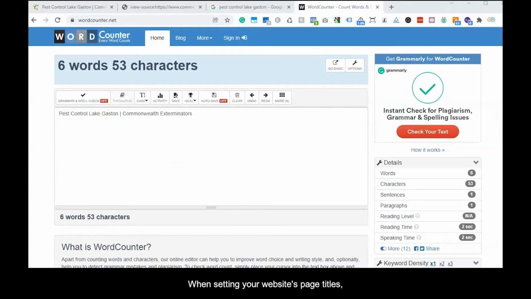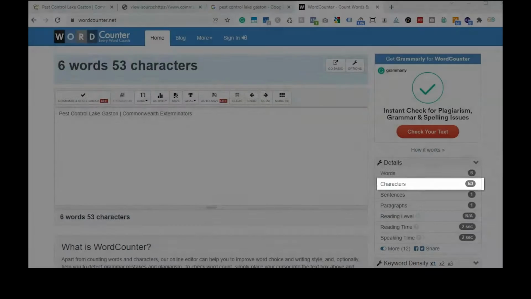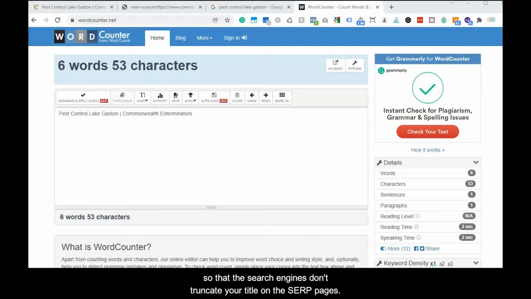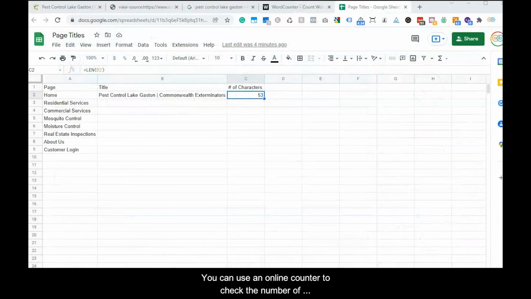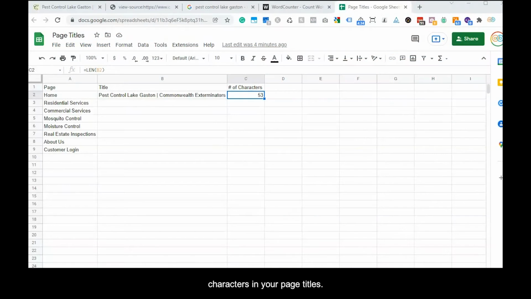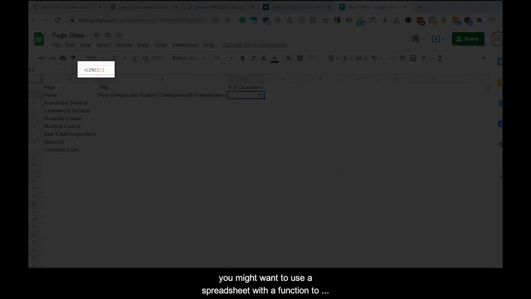When setting your website's page titles, you will want to include keywords that are important to your business. Ideally, the titles will be 55 characters or less in length so that the search engines don't truncate your title on the SERP pages. You can use an online counter to check the number of characters in your page titles. If you're working on many page titles at once, you might want to use a spreadsheet with a function to